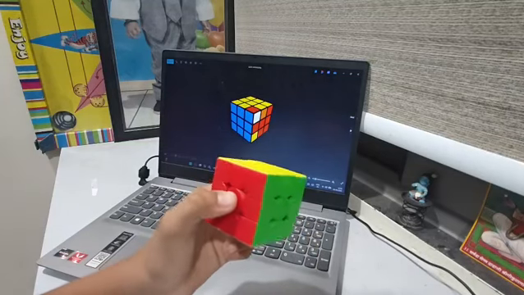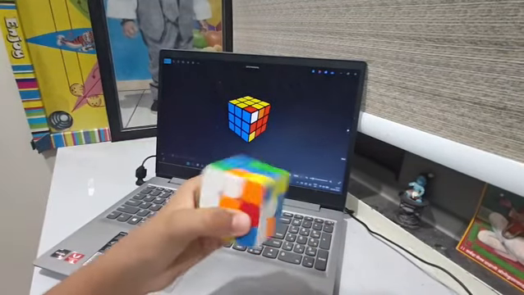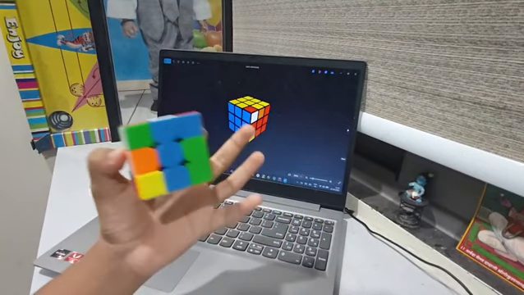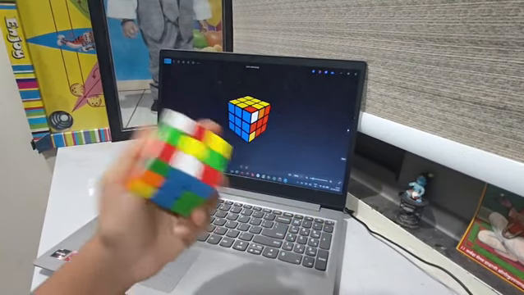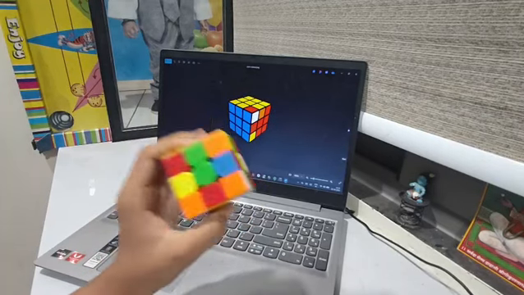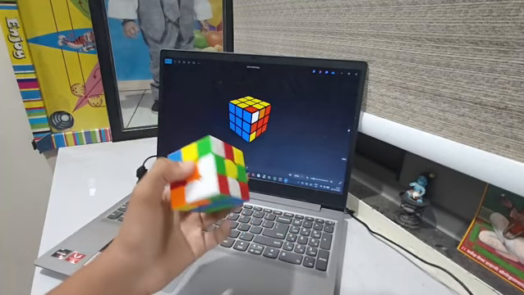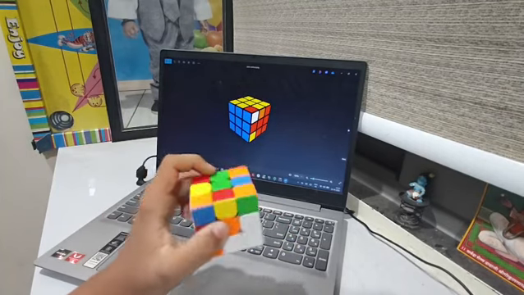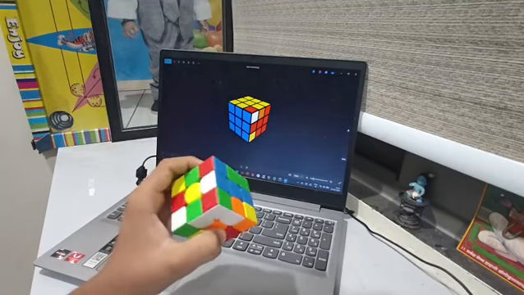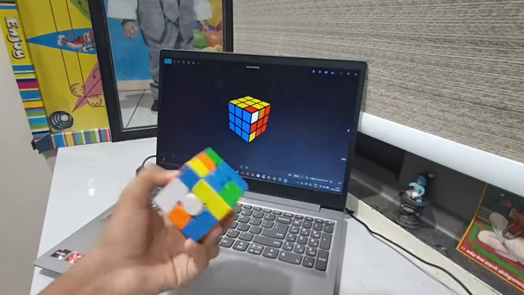So let's start. So guys, I have scrambled my cube. Now I have to tell you something: this method is a hybrid of CFOP and the ZB method. So if you are experienced with CFOP and some ZB algorithms, stay in this video. I will provide you the best guide to the PSSM method, or Pratham Shah's Speedcubing Method.